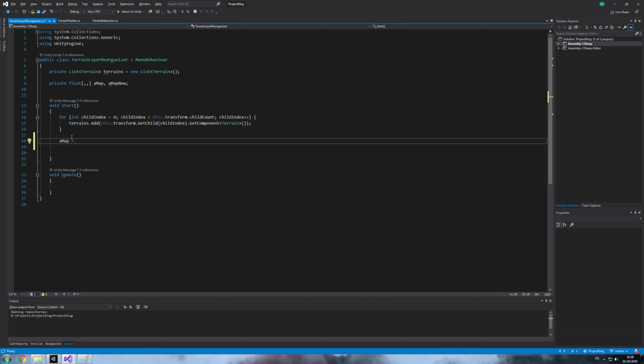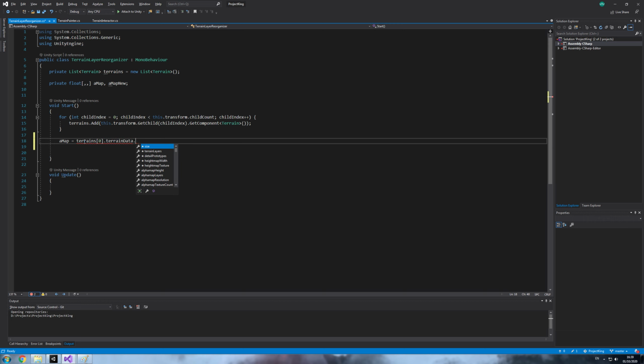For the beginning, let's do it with only one terrain, and then we expand to go through all the children. Even though I know we create the list and we gather all the terrains, for the beginning let's do it with only one terrain, and then we expand to do the whole map. Okay, so we say terrains at 0, the first one, dot terrain